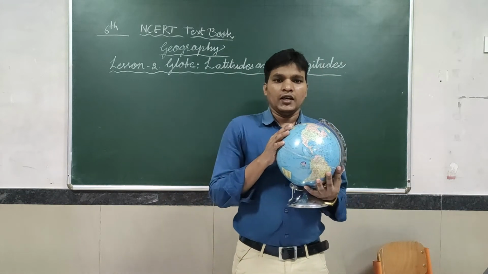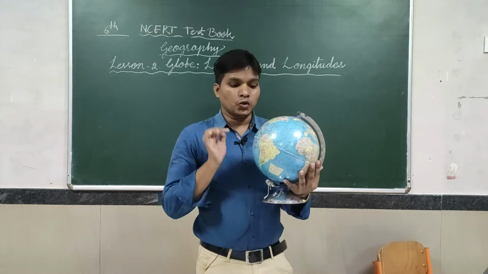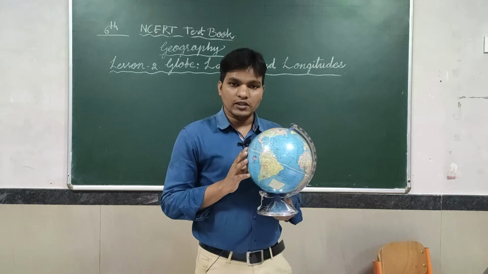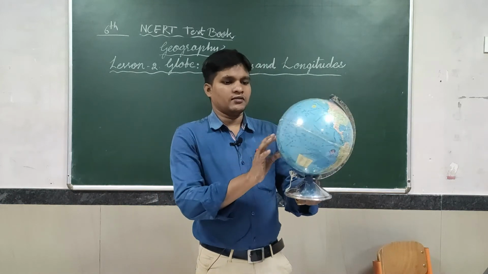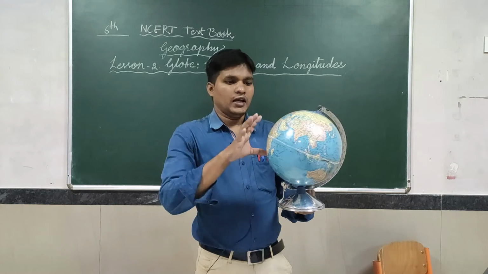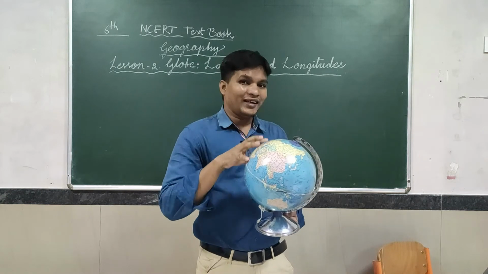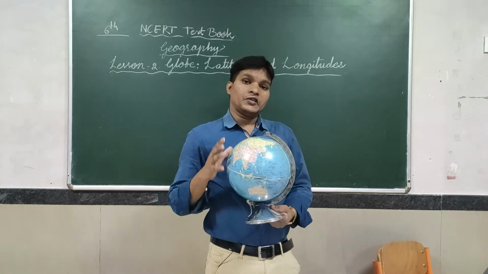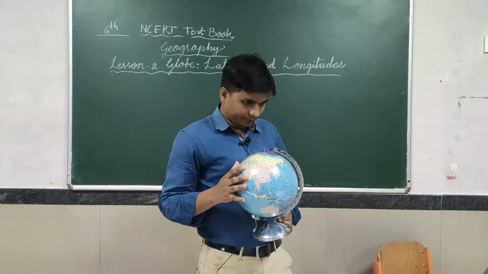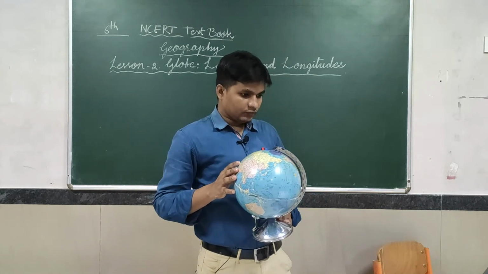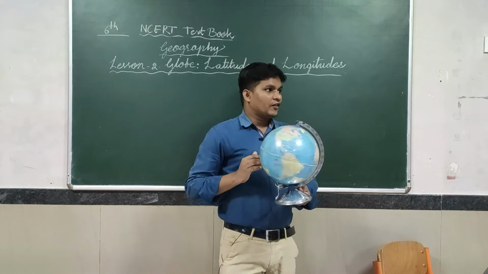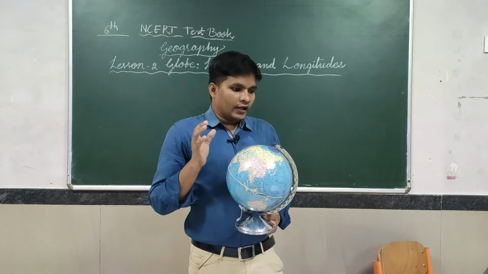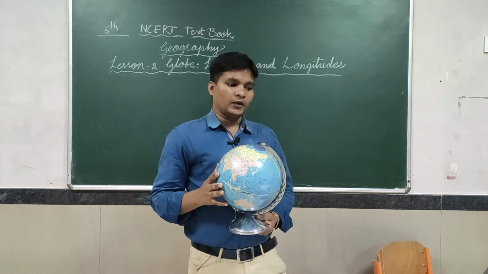But it is very difficult to locate an accurate place. Yes or no? This is the biggest world, and it is the model of our Earth, isn't it? A globe is a true model of Earth, and it comes in different sizes and varieties. A globe can be rotated, spun around.